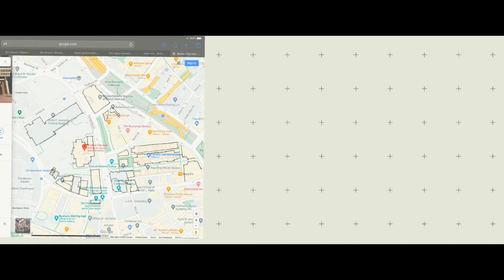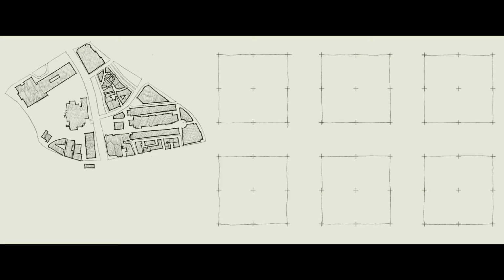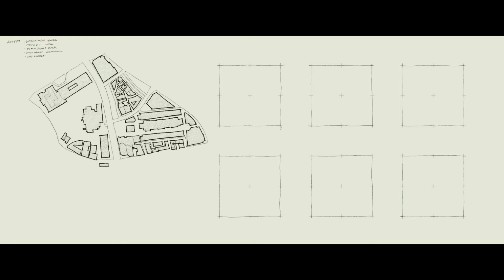Hey everybody, I just wanted to give a kind of walkthrough of assignment 4, the serial vision exercise. Some of this is going to be quick, just hoping that you can follow along a little bit, see my thought process. I started by tracing the Nolli map, or the figure ground plan, and placing some areas of interest